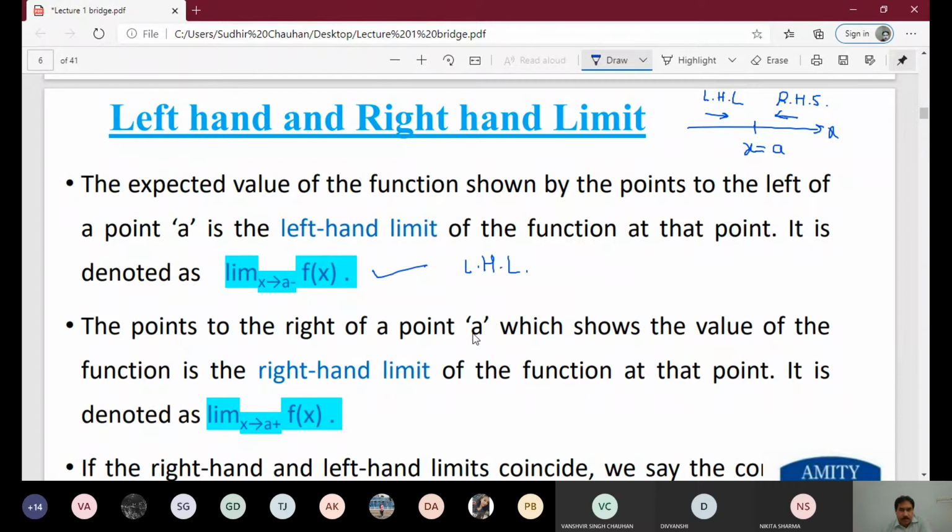Now, for the right hand limit, the points to the right of a point a, which show the value of the function, give the right hand limit of the function at that point. It is generally denoted by limit x tends to a plus f(x). So it is the right hand limit. So in the case of a single variable, we have only two approaches to x is equal to a. Either we can move from left to right, or from right to left. The first is called the left hand limit and the second is called the right hand limit. Now further, if the right hand limit and left hand limit coincide,